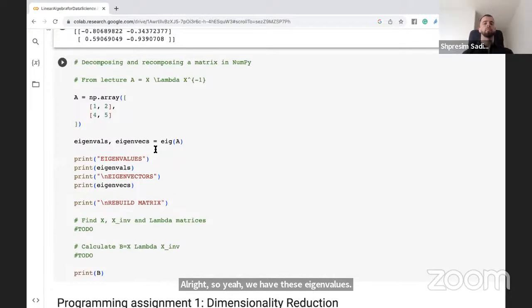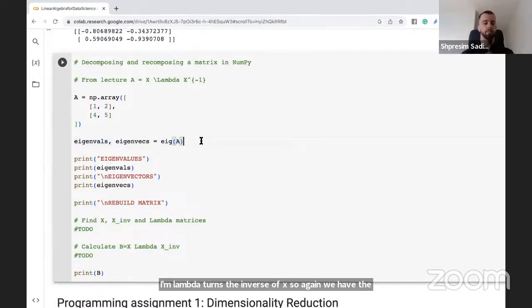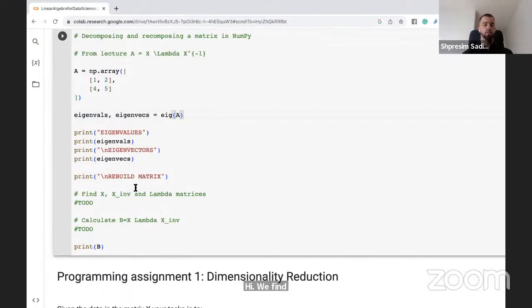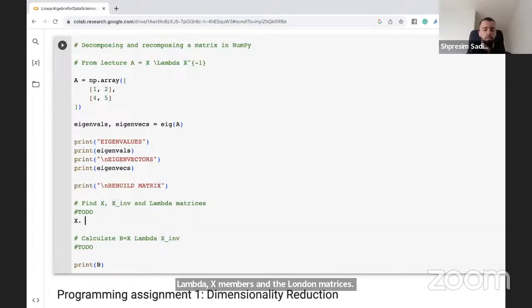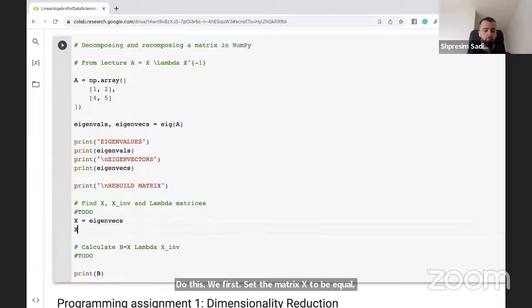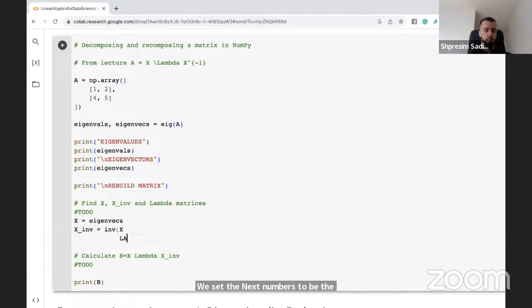Now we want to decompose and recompose the matrix in NumPy. So from the lecture, we saw that A is equal to X times lambda times the inverse of X. So again, we have the same A. We find the eigendecomposition using this command eig. We find the eigenvalues and the eigenvectors, and we want to find then the matrix X, which was just the matrix containing the eigenvectors, and the X inverse and the lambda matrices. To do this, we first set the matrix X to be equal to the matrix of eigenvectors. We set the X inverse to be the inverse of X, and the lambda matrix is